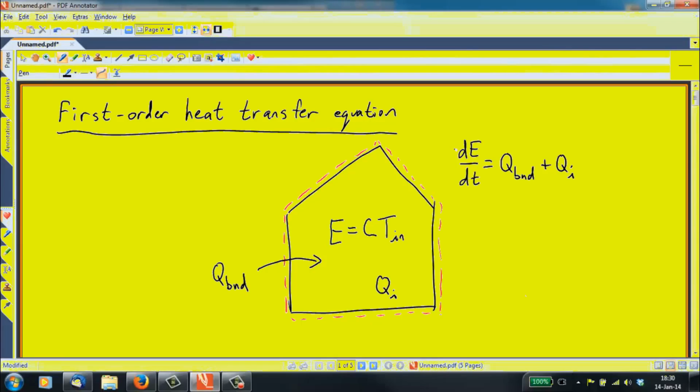But since we said that E equals some constant c times T in, we can write on the left-hand side c times the derivative of T in over dt equals Q boundary plus Q interior. Now Q interior